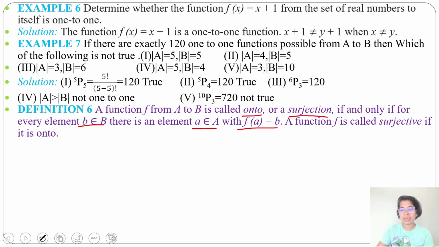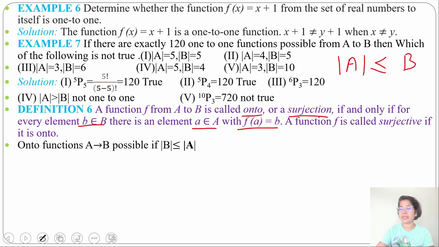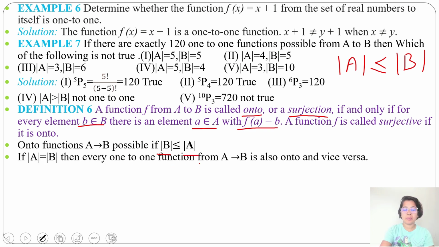It means for every element of set B there should be a pre-image. And onto functions are possible if the cardinality of B is less than or equal to the cardinality of A. It's just the opposite of one-to-one. In case of one-to-one, functions are possible if the cardinality of A is less than or equal to the cardinality of B, meaning the number of elements in A is less than or equal to the number of elements in B. But in case of onto, the number of elements in set B should be less than or equal to the number of elements in set A. If both A and B contain the same number of elements, then a one-to-one function is also onto